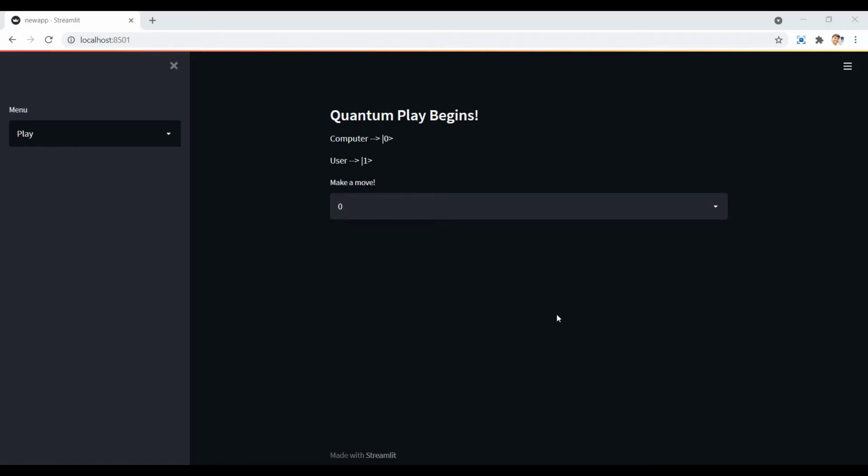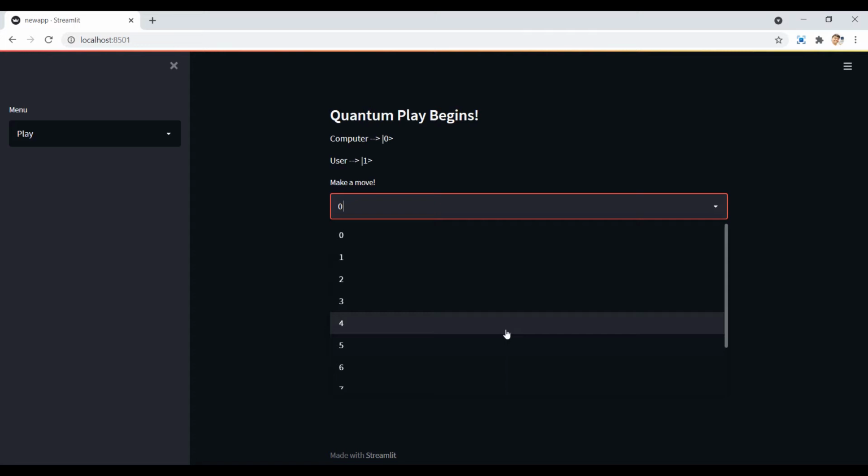Hello people. So before anything else, let me show you the demo of this quantum tic tac toe, and let me just clarify that this thing is a little different than the normal tic tac toe that we play. So if you don't understand certain things, it's okay. Let's play. So my move will be 5